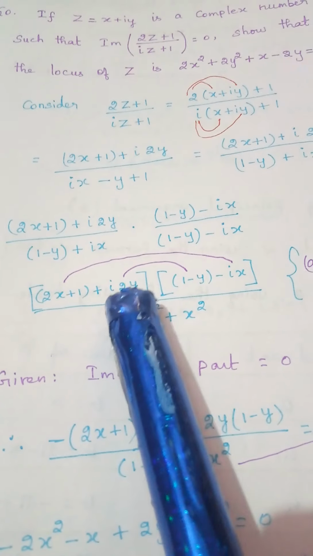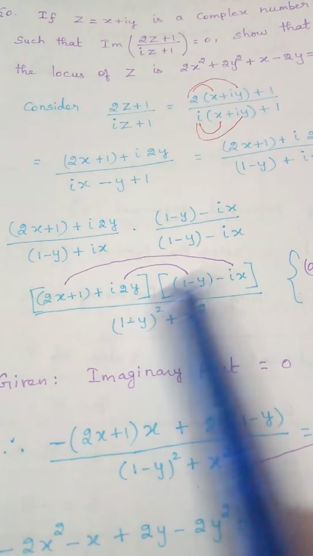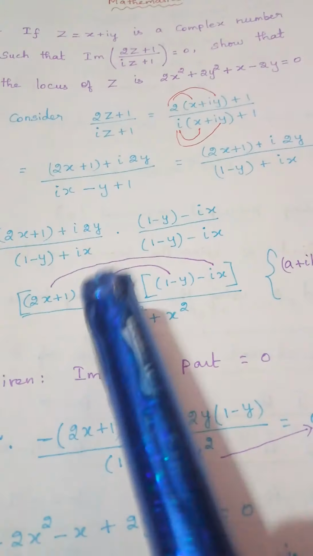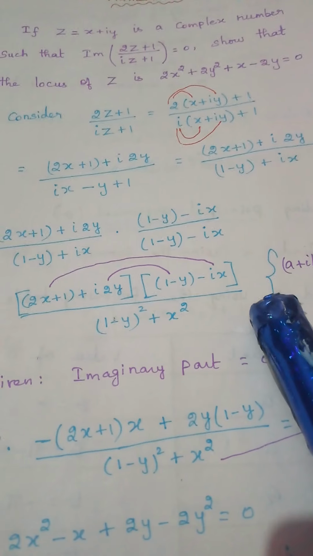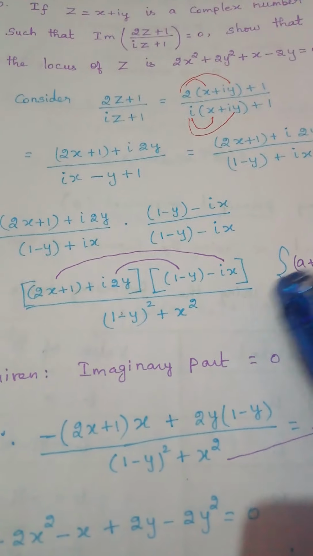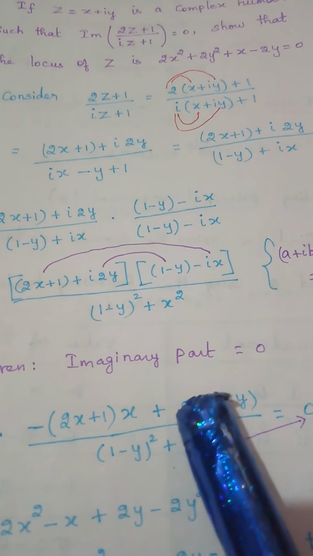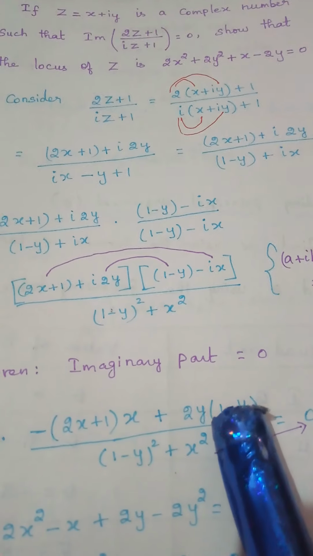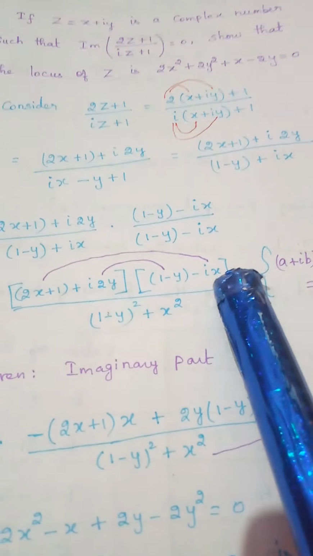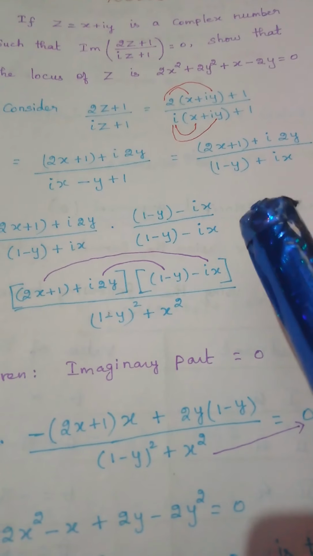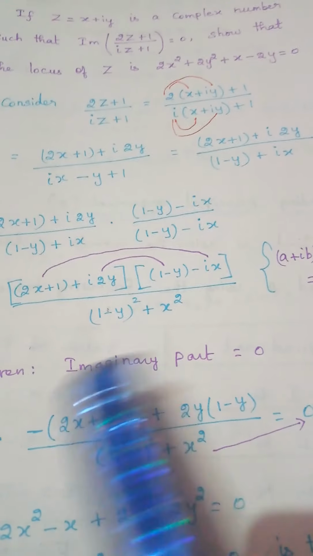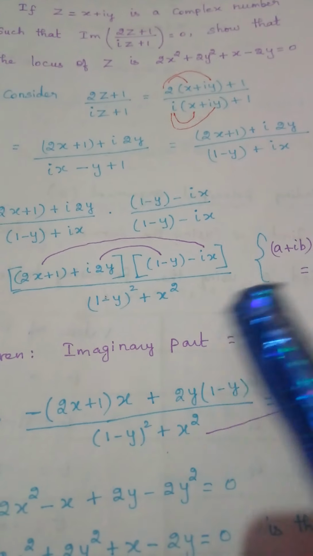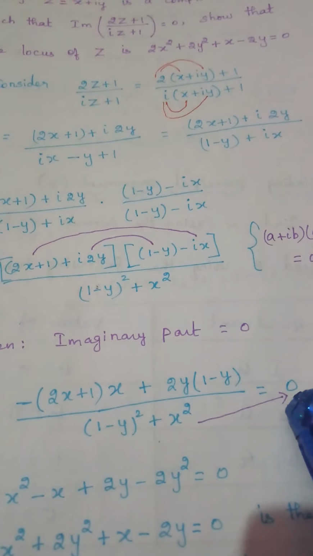Why is it real part? Because minus 1, 2xy, so plus 2xy will be there. So we don't have any i term, because i into i becomes i square, minus 1 it will change to. Second term to third term will come in the imaginary part. Second term to fourth term will not come, because it becomes real part. Only two terms will come in the imaginary part. Denominator I am writing as it is. Since the imaginary part answer is 0, I am putting 0 here.